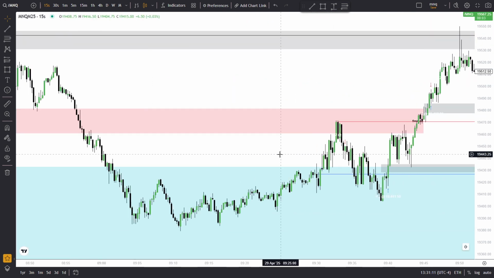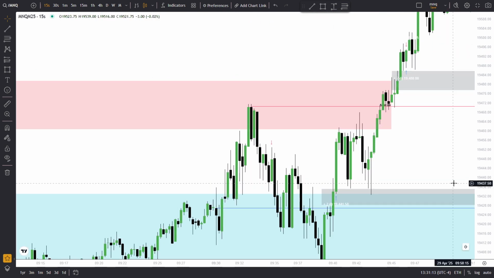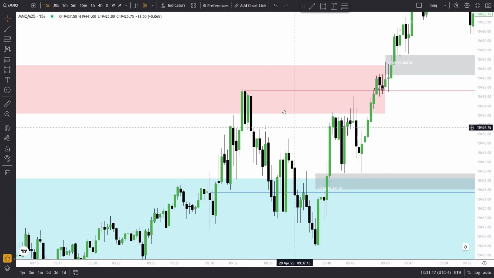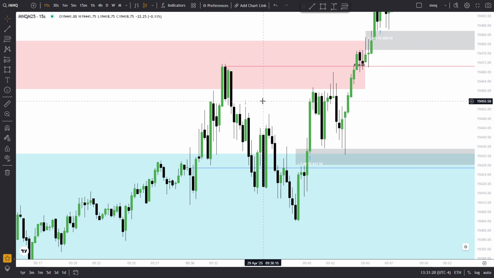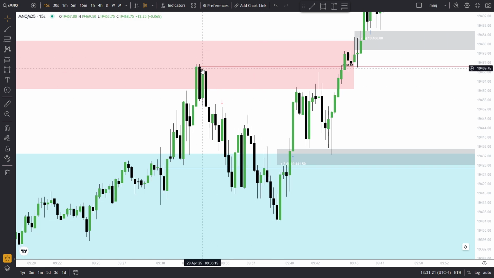since there was no... I should have just waited for a 1 minute CISD instead of entering a 15 second CISD in this situation. But pretty much the 5 minute breaker block I entered to expand lower. I used this as my CISD. Once this got close below, I entered off this 15-second order block, and I think I had like a 50